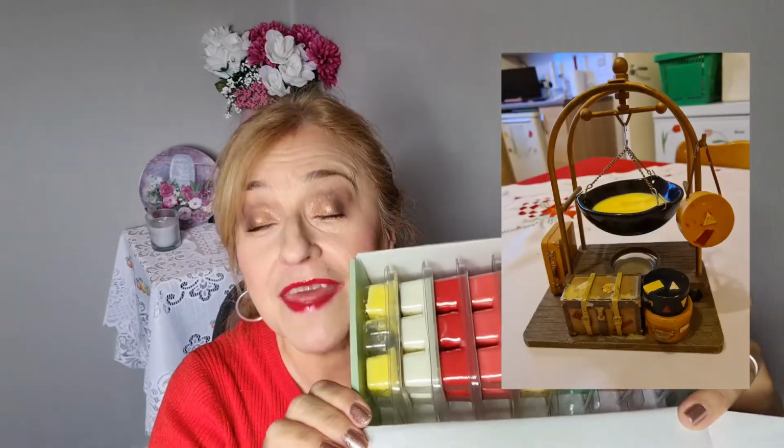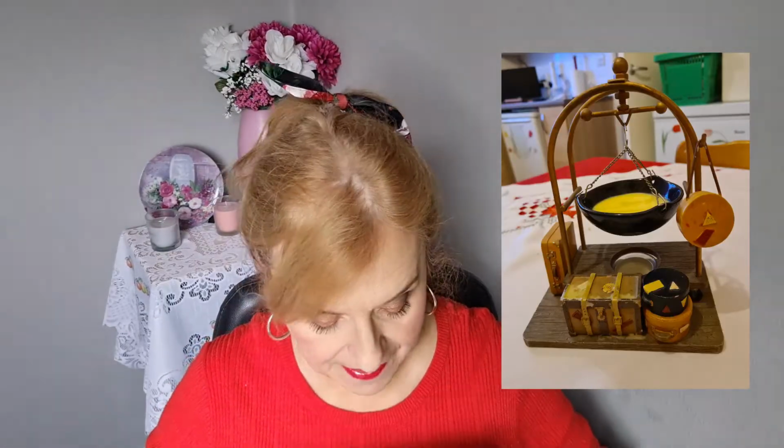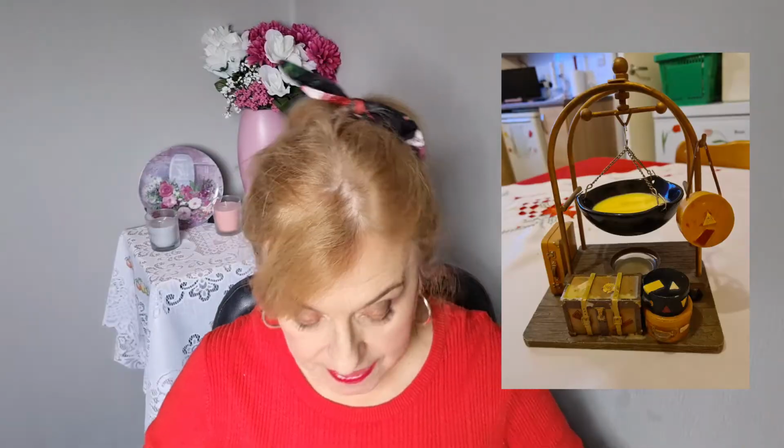So I buy the tart types as well, the little tart shaped ones, which I normally keep for the burners. But these are lovely for the ones that I have my candles in. I'll put a picture up of my one that I put the candles in. I love it so much. So they're definitely my stars of the month. I really like them. I like the fact they're all in one place in the box. I like the fact that you can smell them after 20 minutes, because sometimes those candles...